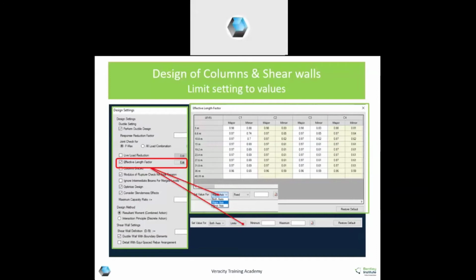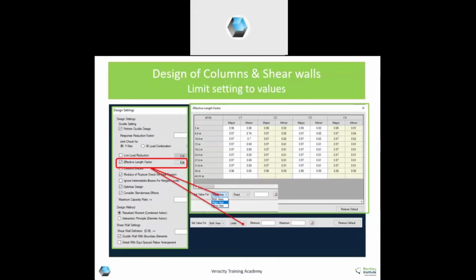So automatically RCDC is taking the effective length factor in each of the major axis and minor axis. But if you want it to be fixed, like fixed to 0.8 or 0.85, you have the option of that.